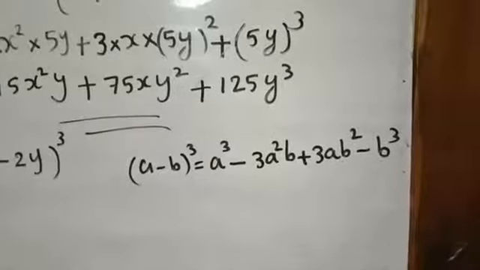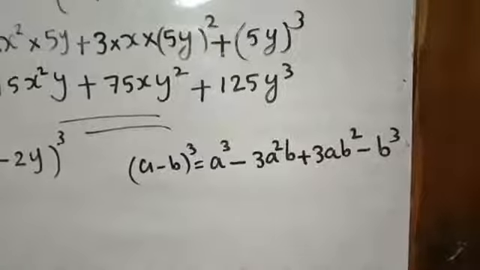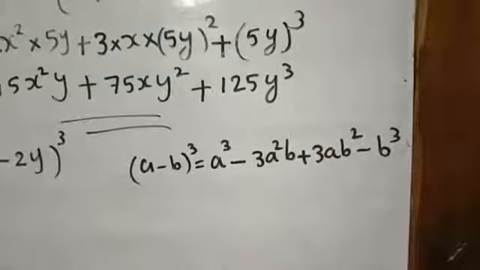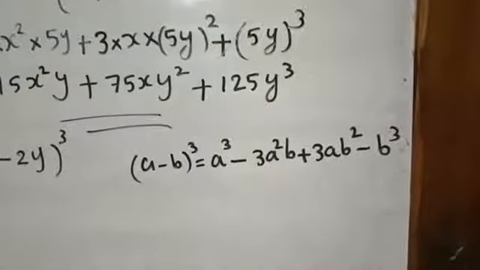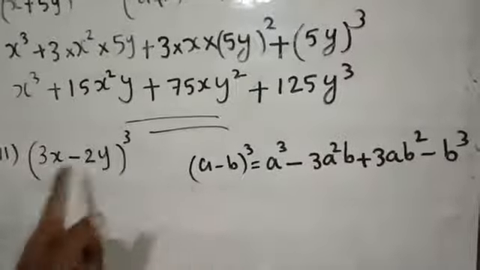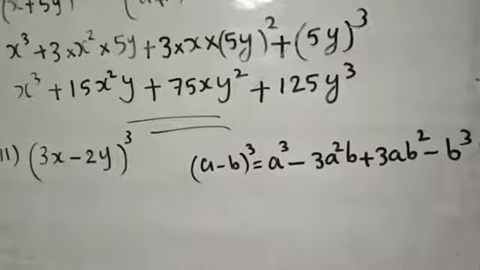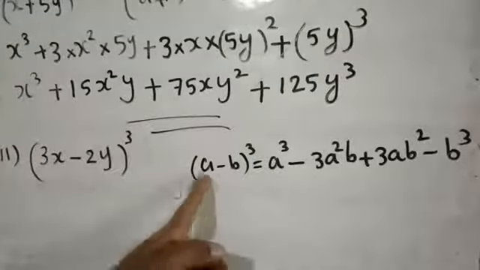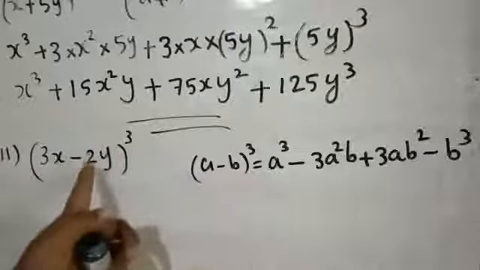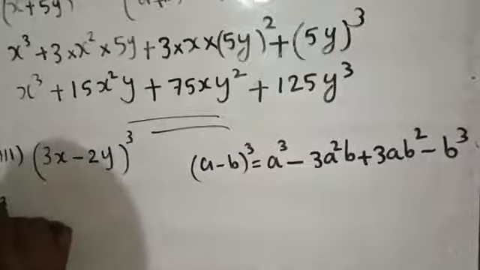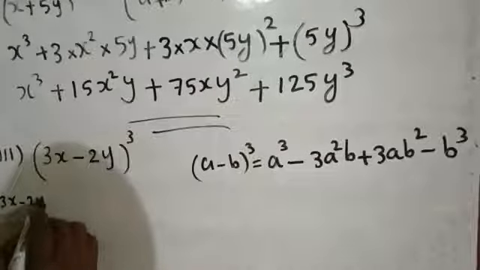Same as the first equation, a plus b the whole cube, but the sign is alternate: negative, positive, etc. First one positive, then negative, positive, negative. That is a cube minus 3a square b plus 3ab square minus b cube. Okay. So in the place of a, 3x. In the place of b, 2y. So a minus b the whole cube. Here 3x minus 2y the whole cube is equal